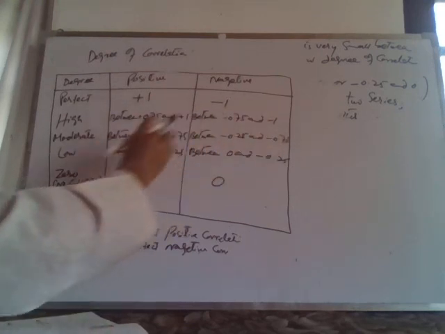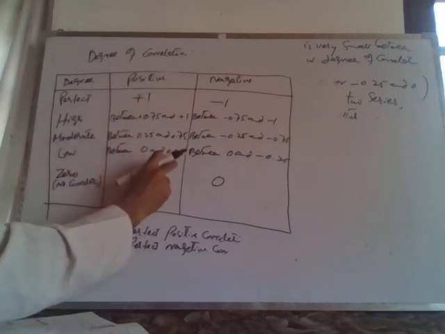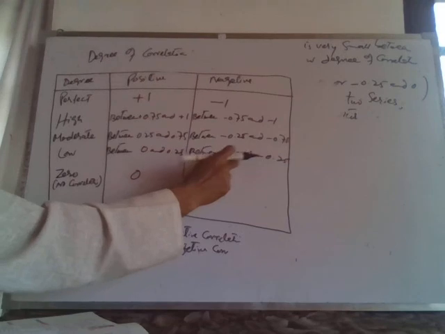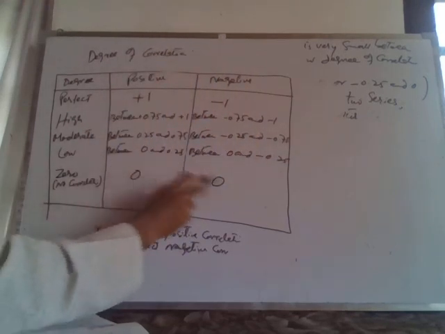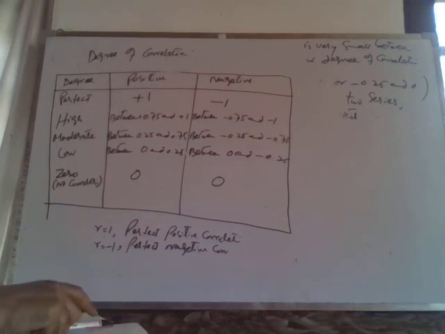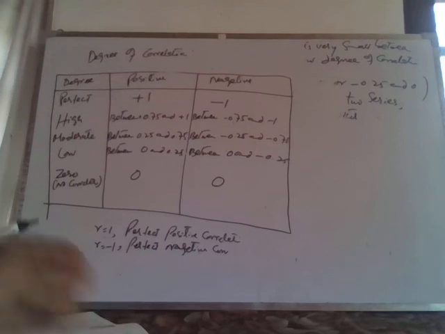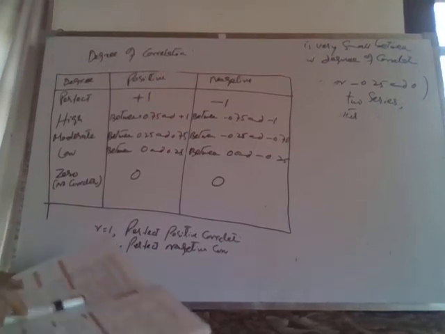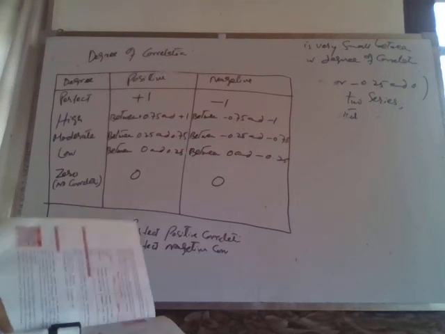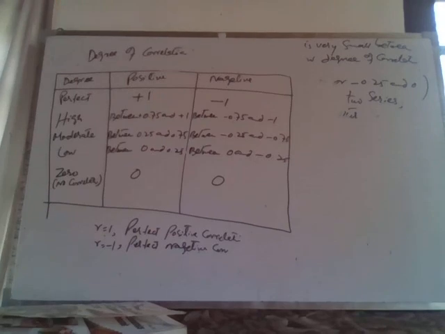इसी तरह मॉडरेट पॉजिटिव between 0.25 एंड 0.75। जब मॉडरेट नेगेटिव होगा तो बिटवीन -0.25 एंड -0.75। तो लो पॉजिटिव में बिटवीन 0 एंड 0.25, लो नेगेटिव में 0 एंड -0.25। जब नो कोरिलेशन है तो उस वक्त 0 आएगा हमारा वैल्यू। सो दिस इज ऑल अबाउट द डिग्रीज ऑफ कोरिलेशन। अब नेक्स्ट चैप्टर में हम पढ़ेंगे मेथड्स ऑफ एस्टिमेटिंग कोरिलेशन, कैसे हम कोरिलेशन कैलकुलेट करते हैं, कौन कौन से मेथड्स हमारे पास अवेलेबल हैं। थैंक यू वेरी मच।